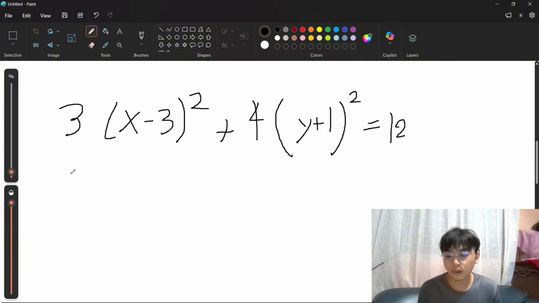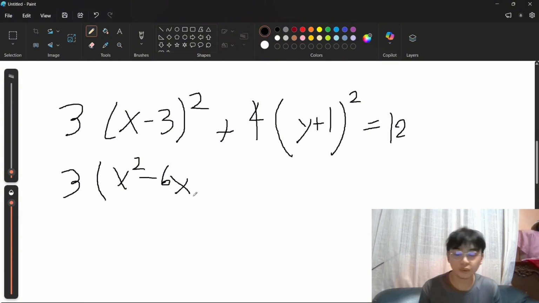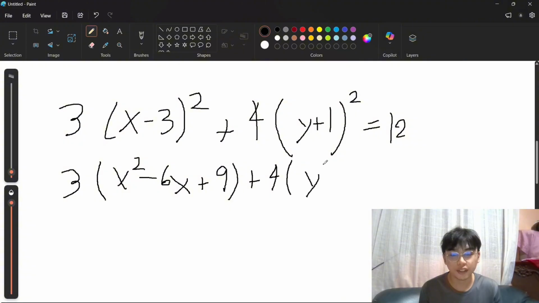Now we should complete the square. So 3 quantity of x squared minus 6x, negative 6 divided by 2 should be negative 3, and then let's square it, so that would be plus 9, plus 4 quantity of y squared plus 2y, so 2 divided by 2 is going to be 1, and then let's square that, so that should be 1